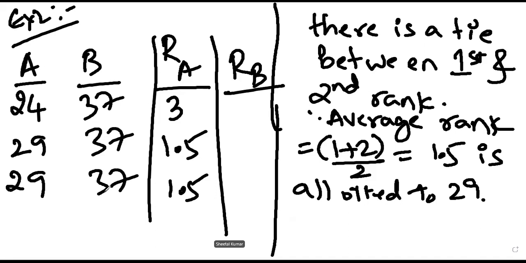Correct. The average of first, second, third rank is 2. Correct. That is the reason value 2 is